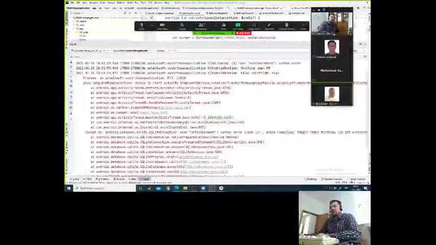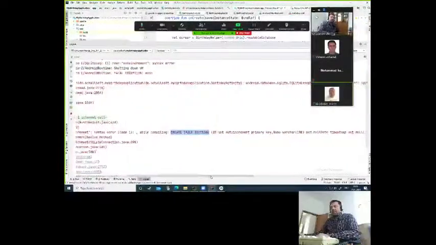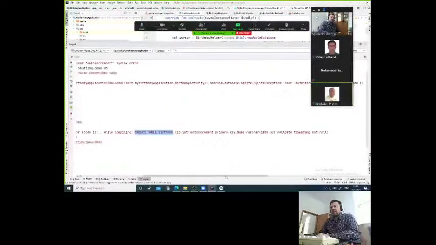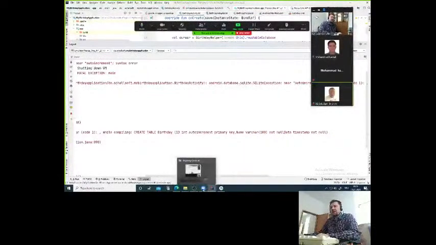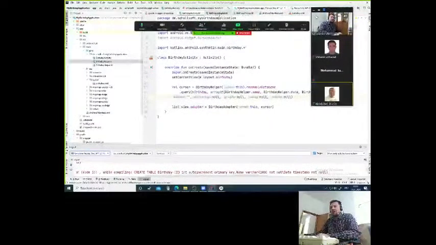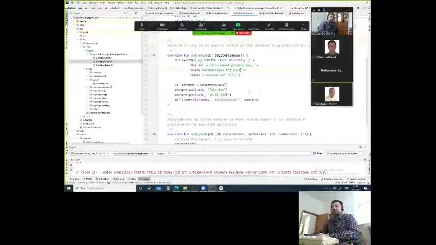syntax error while compiling, create table birthday ID auto increment primary key, ID int auto increment primary key, name varchar not null, and here is a comma mistake. So we missed a comma between the last two columns. Okay, it's the first indicator. So we have an error in our SQL string. This is here, no comma. Now we have this comma. Now this is a really working SQL string,